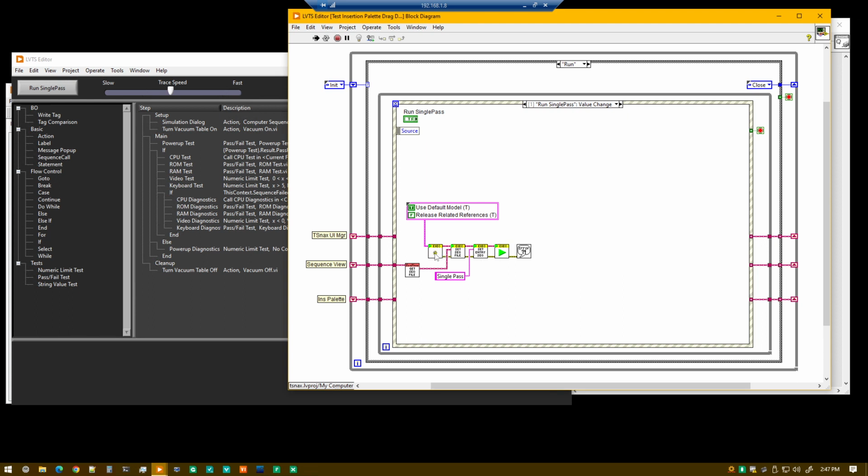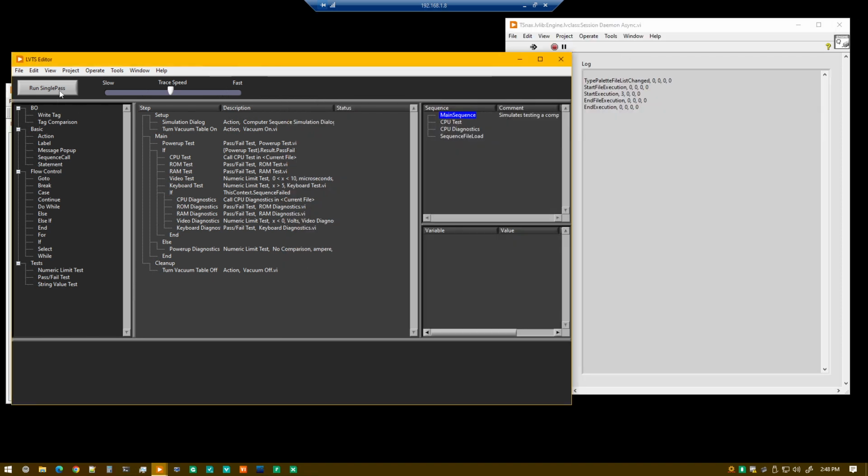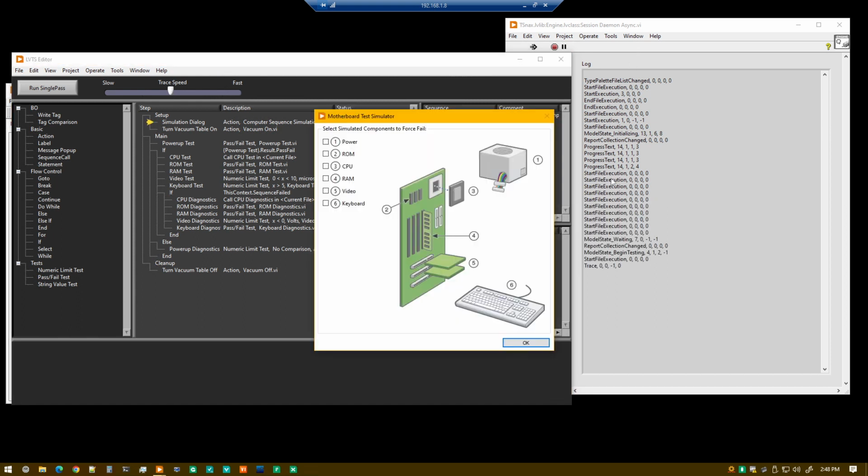But creating an execution, setting the sequence file to execute, what entry point to execute, and starting it running, displaying any errors if any errors occur. So let's go ahead and run this. Now I've got the tracing speed set relatively low. Here you can see all of the debug messages that are starting to show up. These are all the UI messages that TestStand publishes. So this will make it pretty easy to figure out how TestStand is interacting and what information it's publishing as you're working on building custom user interfaces